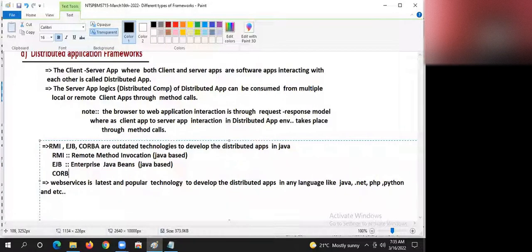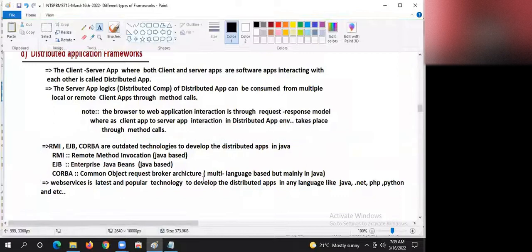CORBA, Common Object Request Broker Architecture. It is multi-language based, but mainly in Java. All these are outdated, guys. Right now, only one thing is doing well.